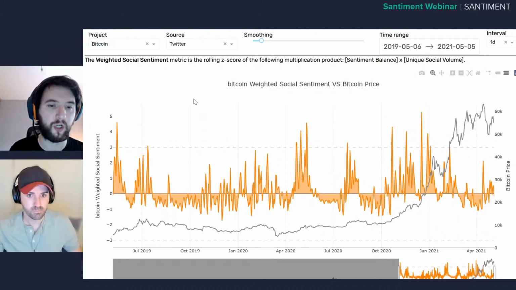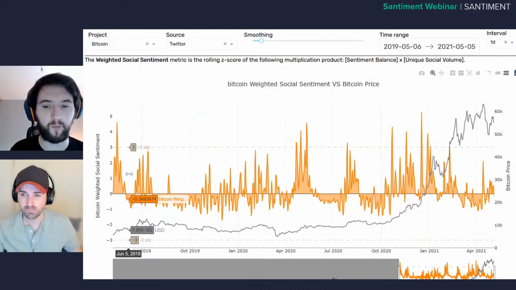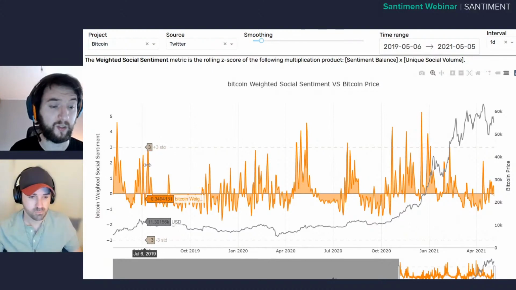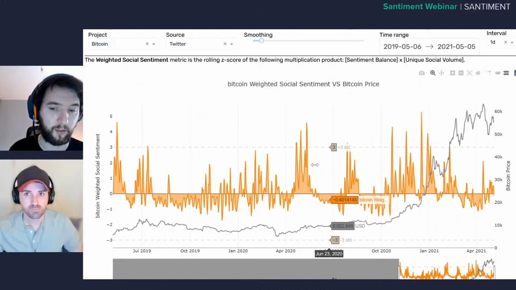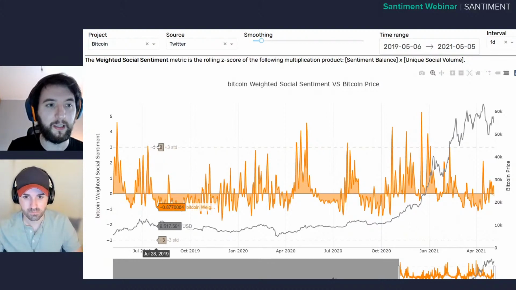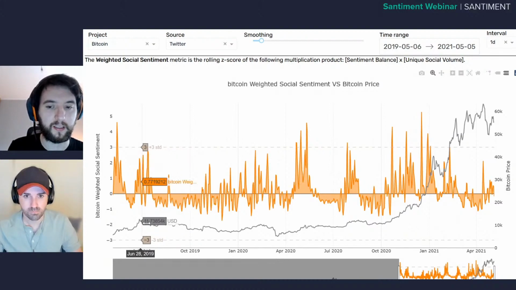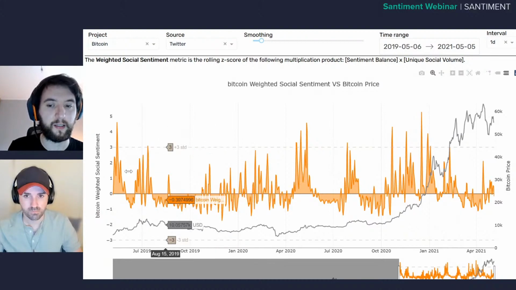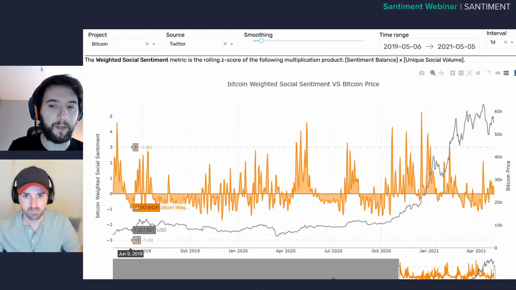And in fact, if you look at this chart, you're going to be hard-pressed to find periods where there were spikes in social sentiment and there was a sustainable rise in Bitcoin's price. So first of all, we look at 2019. This was the top. Now it looks like nothing special, but this was actually the peak of Bitcoin's price in 2019, and we immediately saw two big spikes in social sentiment, both at this top and then again at this one, suggesting that the crowd was becoming